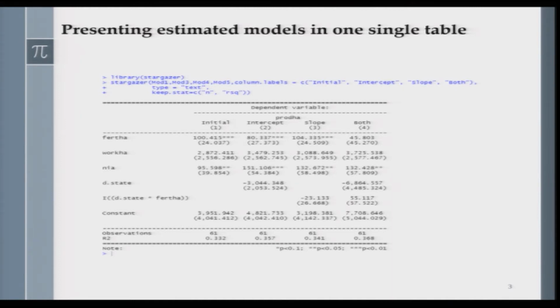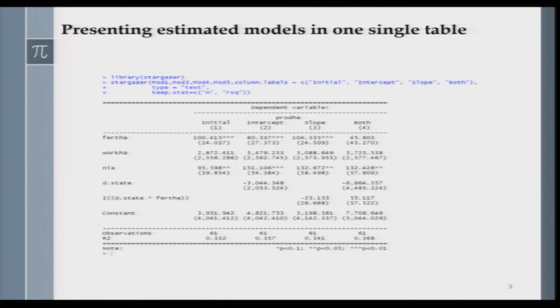Without inverted quotation marks it is not going to work, and then you finish the code by mentioning the other things that you want to see in the table. Of course, you want to show how many observations you have worked with, which is given by small "n" within inverted quotation marks, and then you want an idea about the R square from this regression, so again within inverted quotation marks you write "rsq". Now you run this code in R, and you get this nice looking table presented to you.